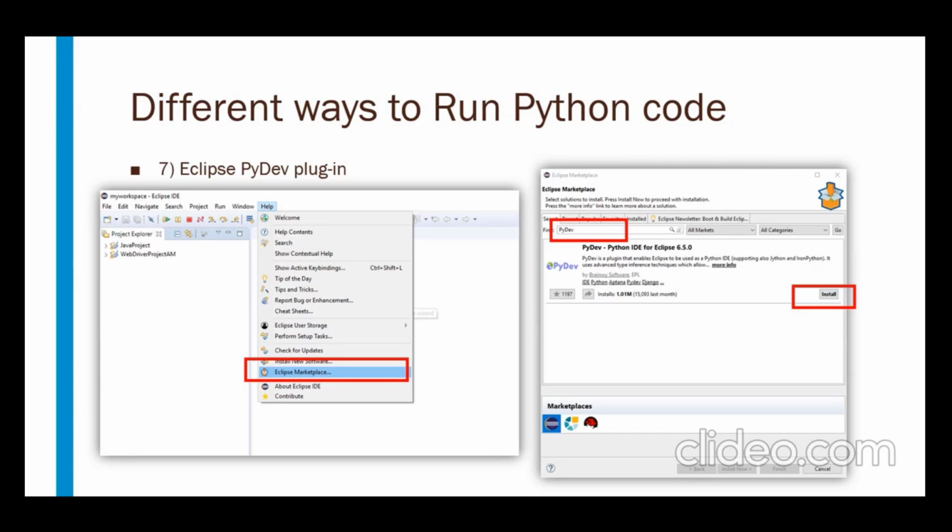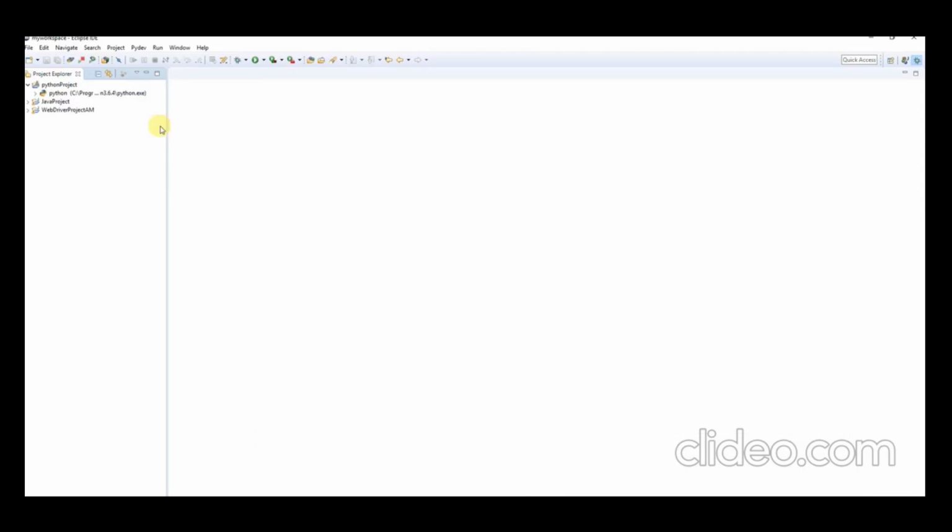Now this is my Eclipse. I need to create a new Python project. So here I have already created one. If you see here, this is my Python project. Under this project, there are some Python libraries, displayed by default, and here I can create a new Python file which contains some code. So click on your Python project in your Eclipse and then go to New, and here you need to select a file. What file do we need to create? Not a Java related file, we need to give the .py extension.